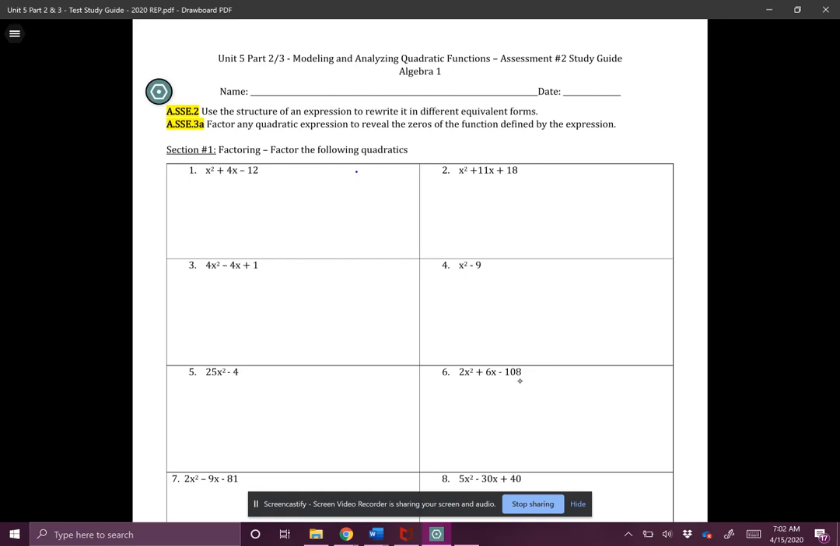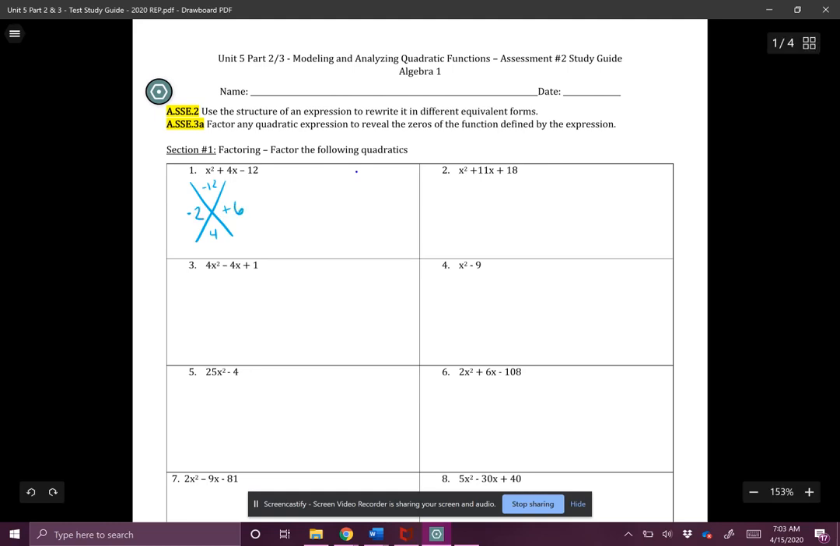Our first one, I notice my a value is equal to 1. That means I can just use my x model to help me out. I don't see a GCF, and I don't see that a and c are perfect squares. So we're going to use our x model. I'm looking for numbers that multiply to make negative 12 while adding together to make 4. Since I know this is negative, I know one of my answers will be positive, one will be negative. And the two numbers that multiply to make negative 12 and add together to make negative 4 are negative 2